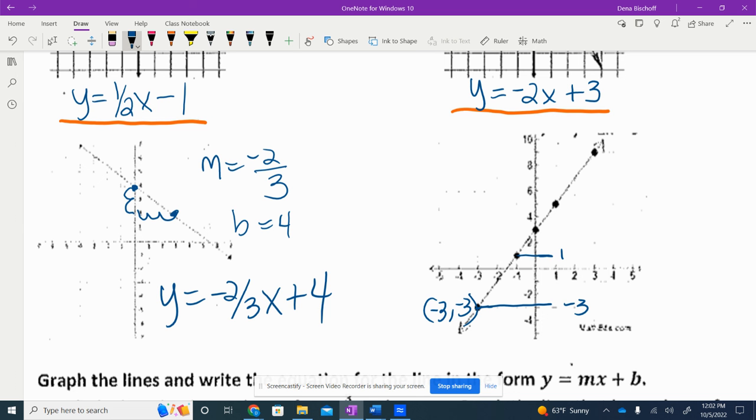No. Oh, I thought you were going to say something else. I thought he was going to say I was a big B, and I was going to be like, y equals,